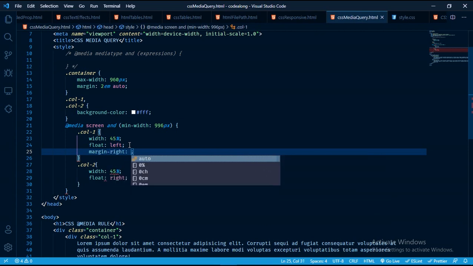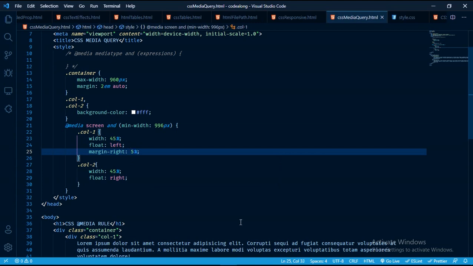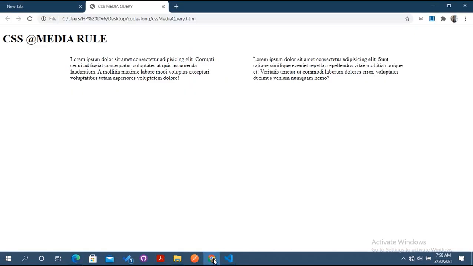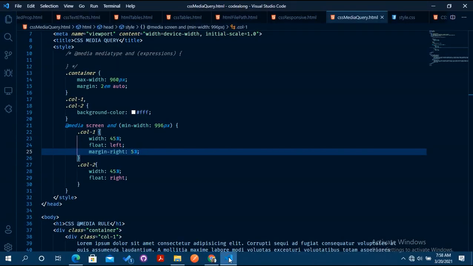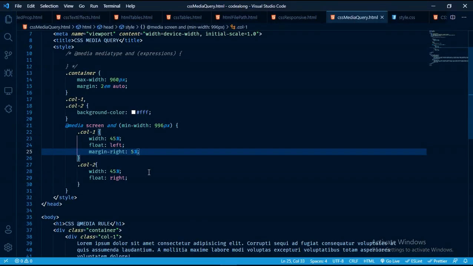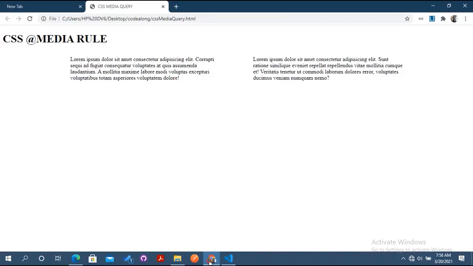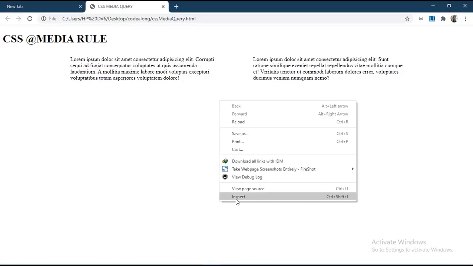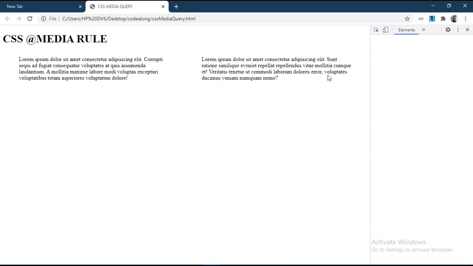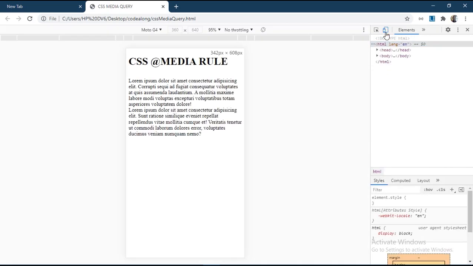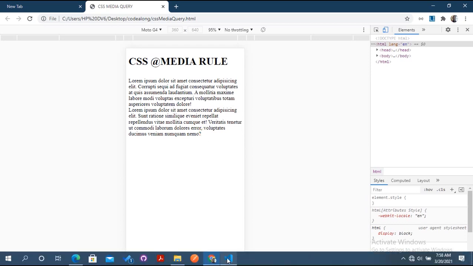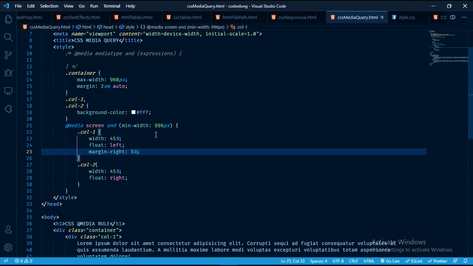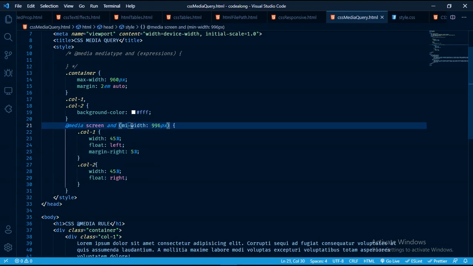right, I'll set this to 5%. Let me take a look. Okay, so this is 996. So even when I inspect and try to view it in mobile device, you can see it still goes down, and it's supposed to be max width,